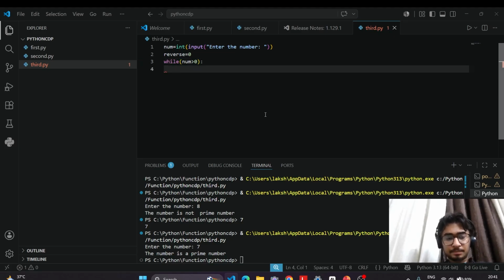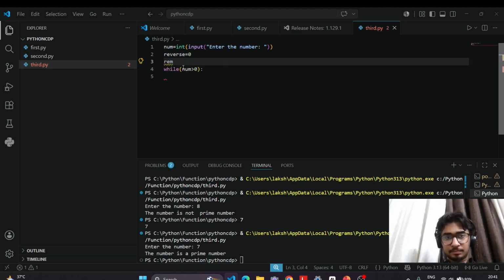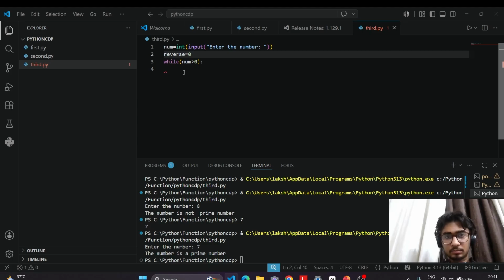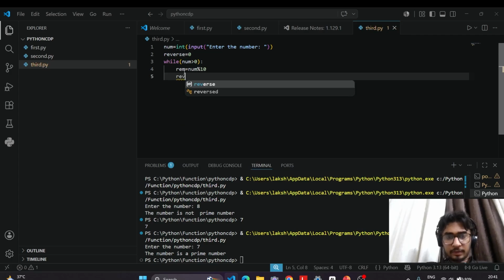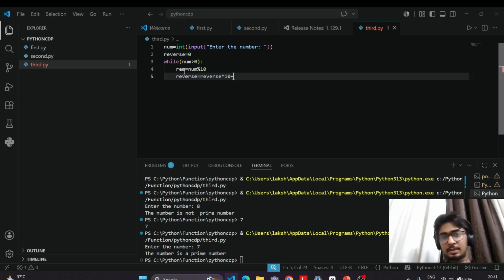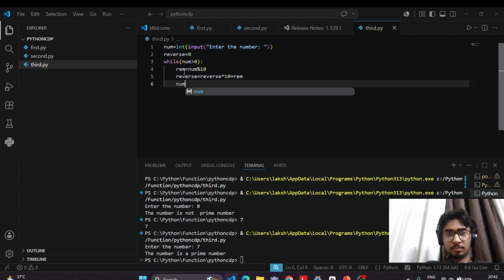Then we will take a remainder. Remainder equal to num percent 10. Okay, so now reverse equal to reverse star 10 plus that remainder, and num equal to num slash 10,